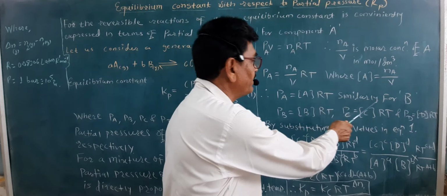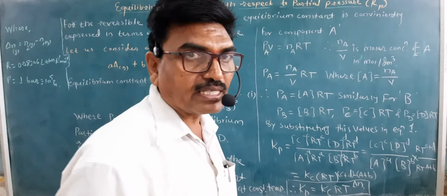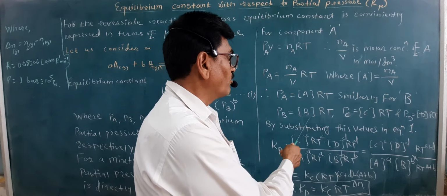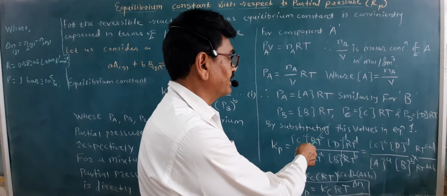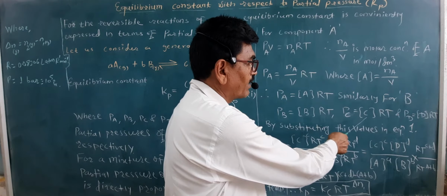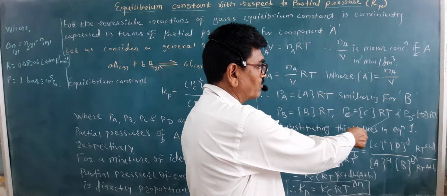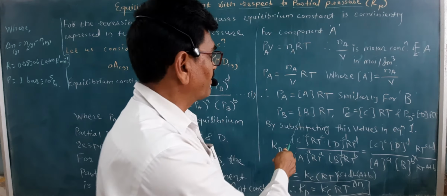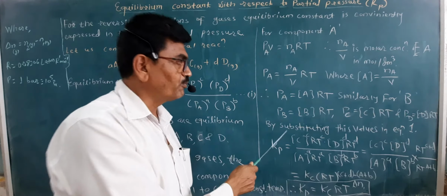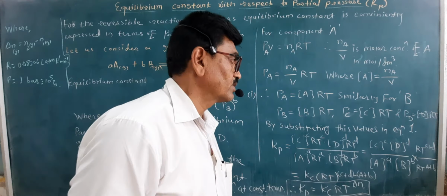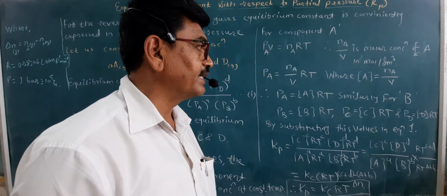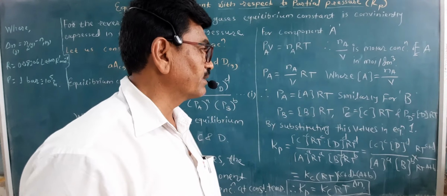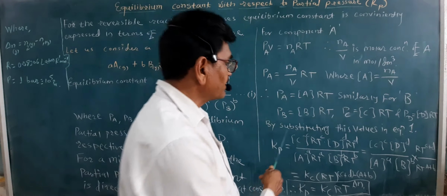And similarly for B, C and D components we can write. सिंपल आहे. आता हे जर समजलं आपल्याला तर पहा PB is equal to molar concentration of B into RT. PC साठी पहा मोलार कॉन्सन्ट्रेशन ऑफ C इंटू RT आणि PD साठी मोलार कॉन्सन्ट्रेशन ऑफ D इंटू RT. अशा पद्धतीने आपण आयडियल गॅस इक्वेशनचा उपयोग करून how the partial pressures of these components for the ideal gases are directly proportional to the molar concentrations at the constant temperature, so that can be written then by substituting these values